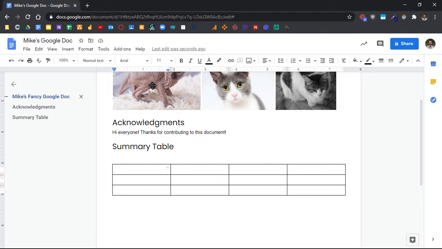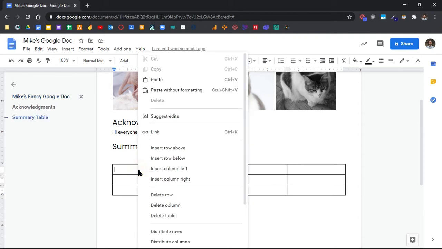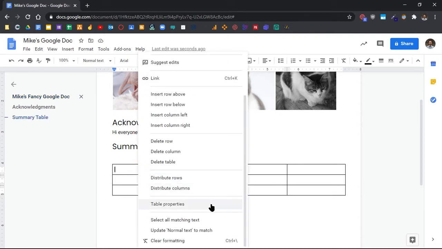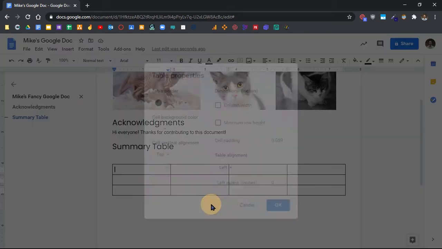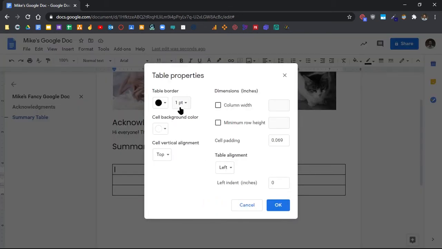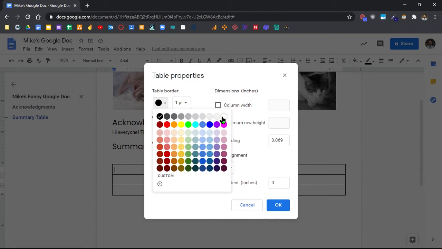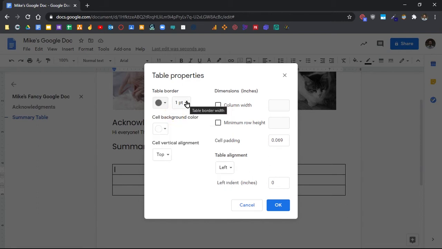Now that we've inserted a table into our Google Doc, we can adjust many of the table properties by right-clicking on the table and selecting Table Properties from the list. You can adjust the color and size of your table border by clicking the Color menu and selecting a color from the list, and adjust the width by clicking the Table Border Width drop-down menu and selecting a width from